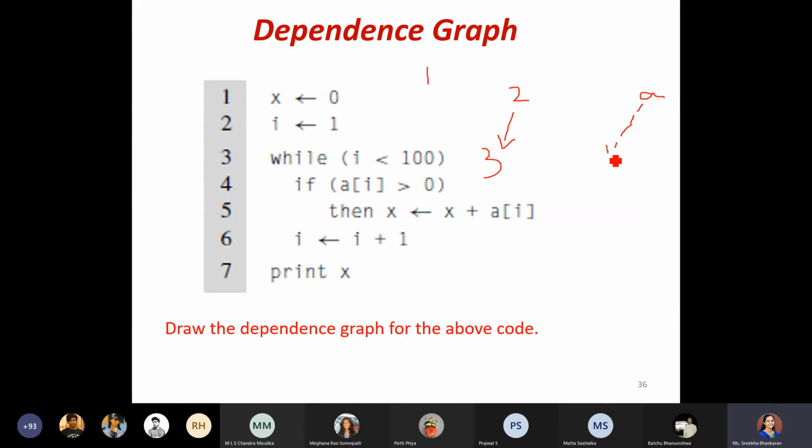So dotted lines A of I. So I is from the second node, which gives the value 4. Node 4 will be created.